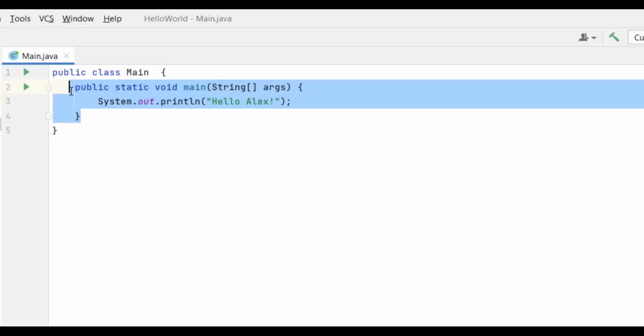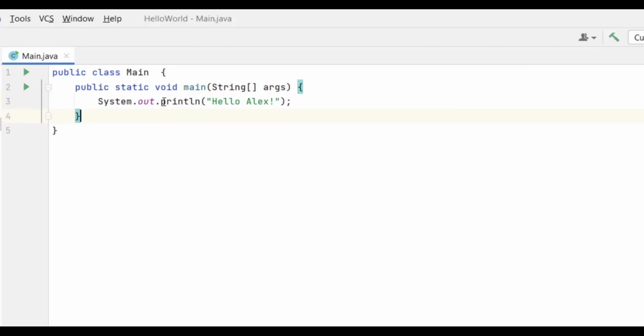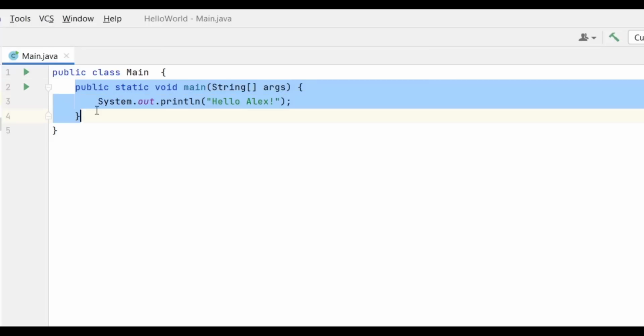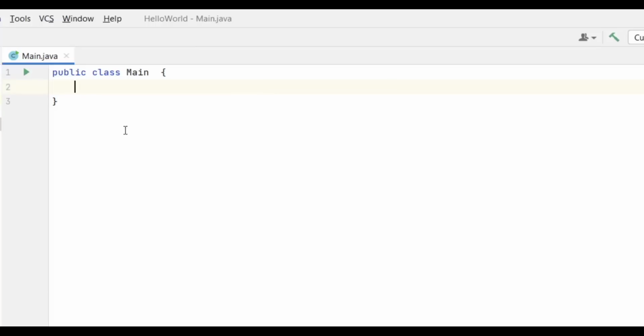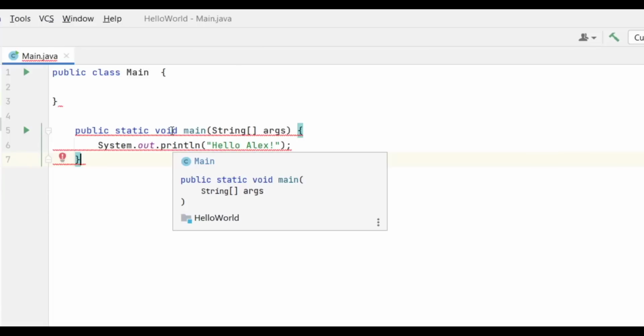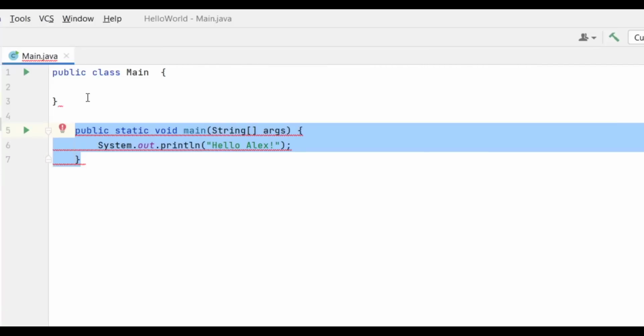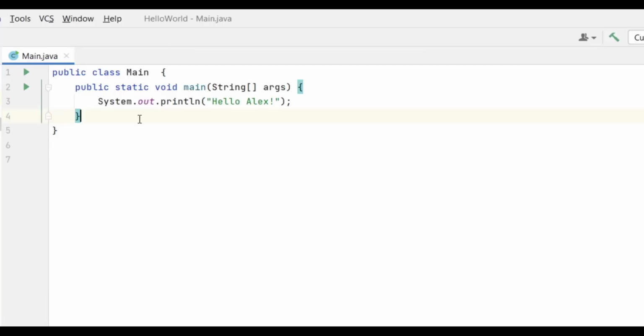But this function, as you can see, is part of the class, of the block of the main class, because if I put this outside, let me show you actually, if I put this outside of the main, look what happens. So let's take it, let's go outside the block of the main, so outside the curly brace, let's put it here. Now we have an error, and it says public static void main, and we have this class main. So it's telling us that we should put this inside the class. So if I copy this now, and if I paste it here, now everything works fine, because all the code, all the functions, as you'll see, have to be in a class in Java.